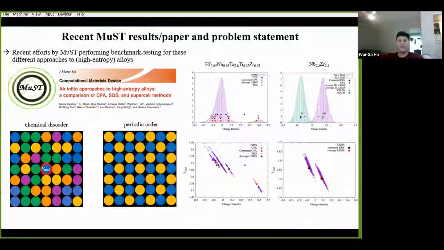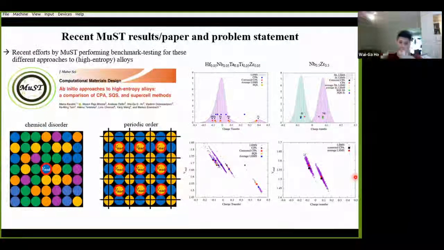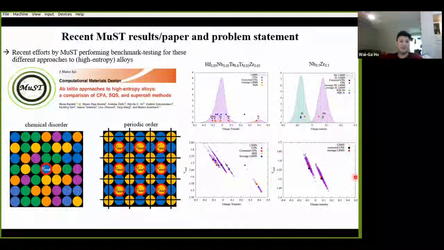All right, now let's consider a periodically ordered solid for the moment. Then by definition, it has translationally equivalent sites, say the center yellows over here. And these all have the same configuration of atoms surrounding them. What that means is that the Madelung potential is also equal between equivalent sites and is therefore periodic as well. And when this happens, the electrons that are influenced by this periodic potential can also arrange themselves in a similarly periodic manner. So now, if I consider the neutral atoms that I brought together to form this periodic solid, that means all the equivalent atoms will have seen the same number of electrons either leave or enter their orbitals once incorporated into the solid.